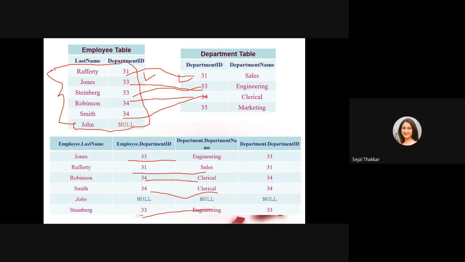Now John and null. John and null doesn't have any matching value here. It doesn't matter whether a matching value is there or not. If not, in that case, on the other side you have to write down null and it will come as output in left outer join. Okay.